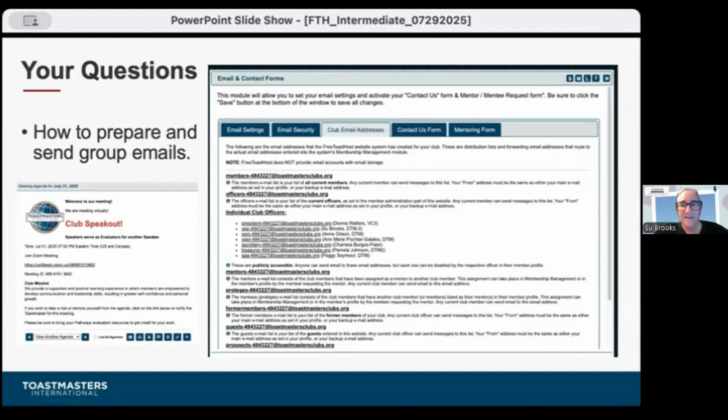You could send your email. You could send the agenda. And there's various things that you can do to include or not include in the way the agenda is presented as a PDF. So you could send it right from there. This is also good if you want to print. There's a print icon.